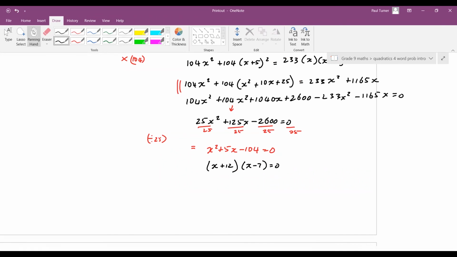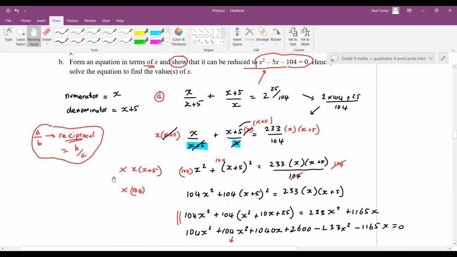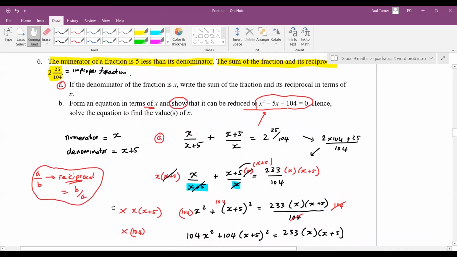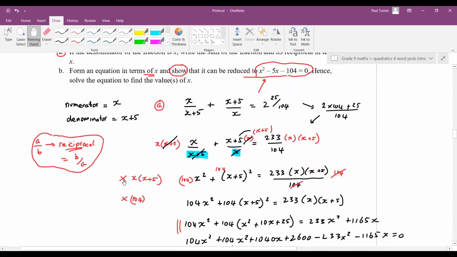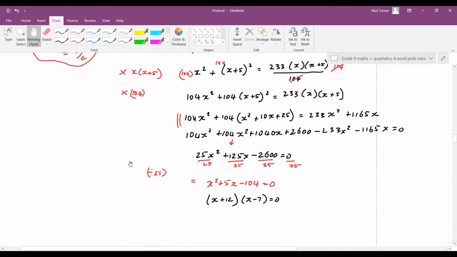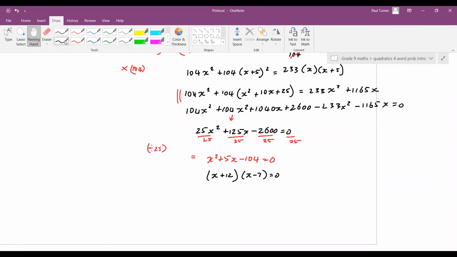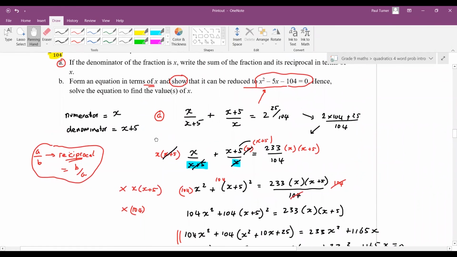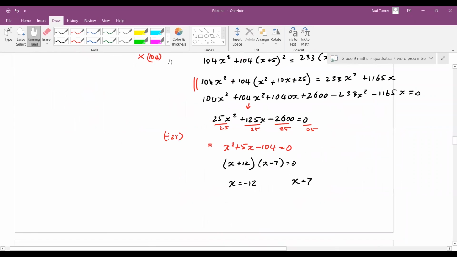So your numbers, let's go back to the original question. Let's see if there's any requirement on the numbers. So I got 2 answers here, which was x equals minus 12, and the other one, x equals 7 for the original number. And let's see what the question asks for. Find the values of x. Okay, so these are the 2 values. So we can just stop